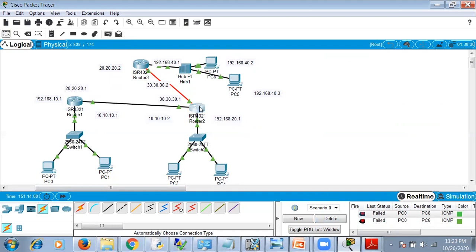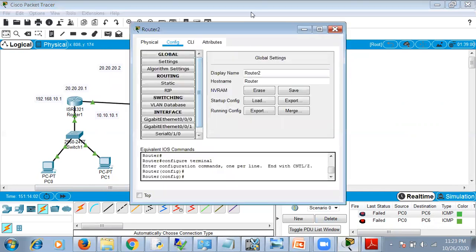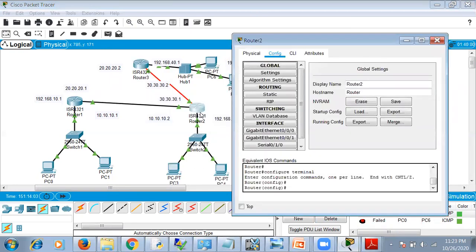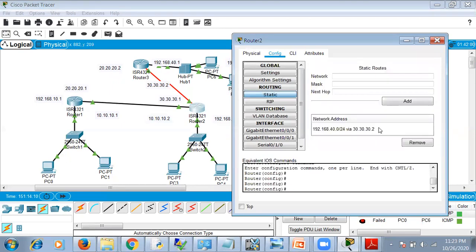We have to set one router in the router tool also, because the acknowledgement has to come here again and go back to this 10 network also. So click on static. Here we are just connected to 40.0. We have to connect one more path.